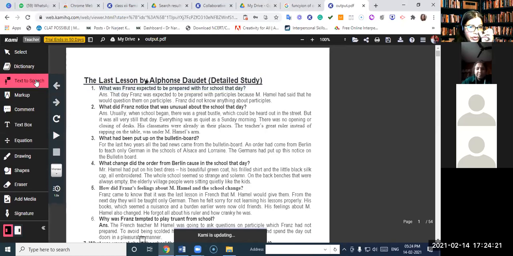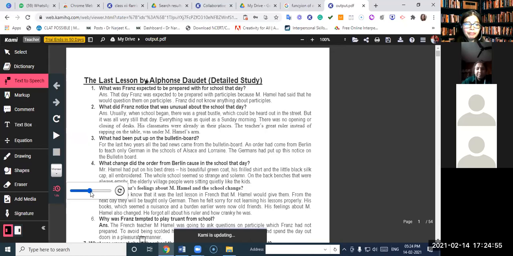So could you hear it? That it was reading the document on its own. As soon as you click on text to speech, it starts reading out the document. You can tell them which line to read. What are participles? You can tell them which all, or you can share it on a loop also. For example, I want one paragraph, you want the children to learn it, so you can put that passage or that stanza in a loop, to listen to it again and again, and then you are able to learn it. So this is a very beautiful option that you get. And then you can select the speed also.